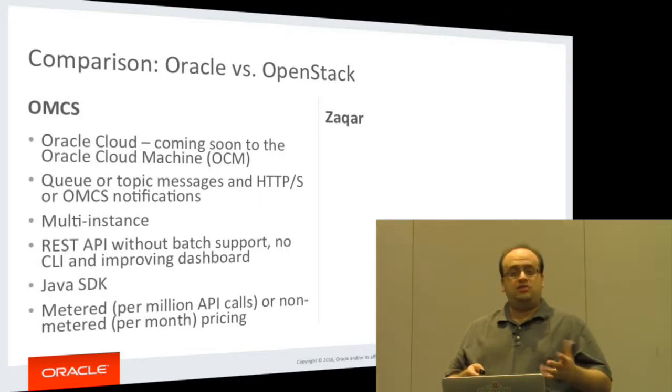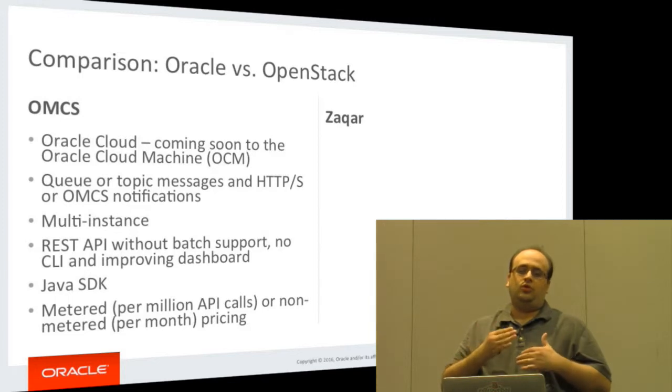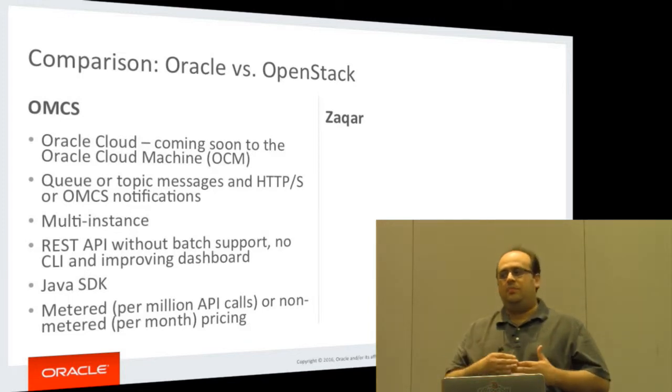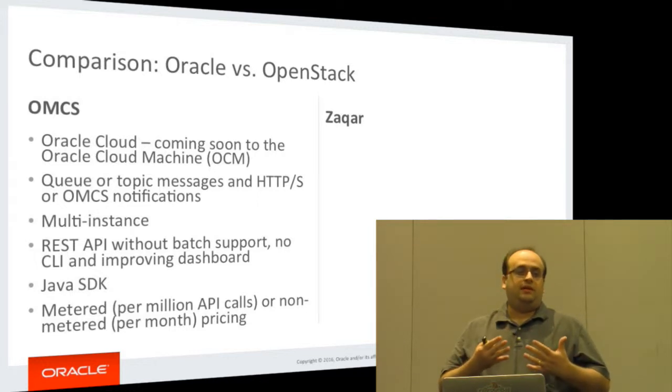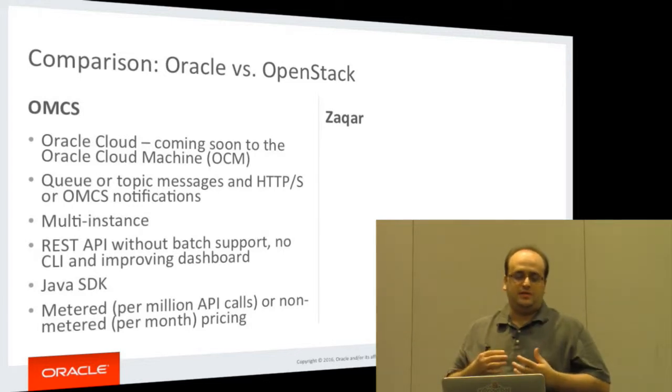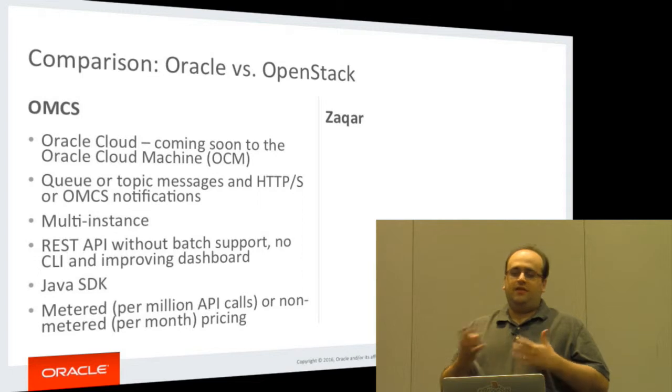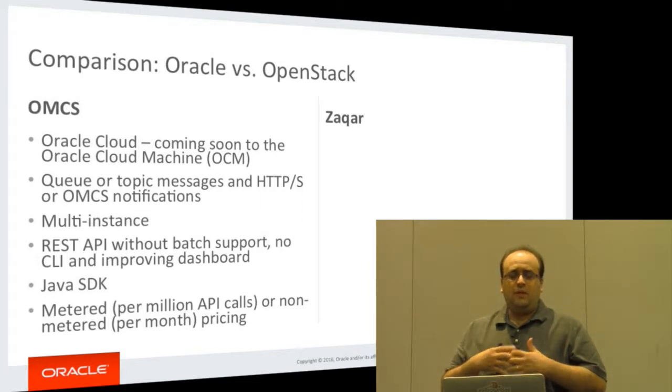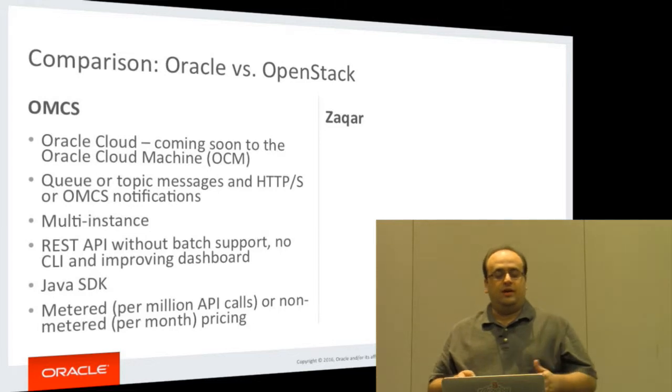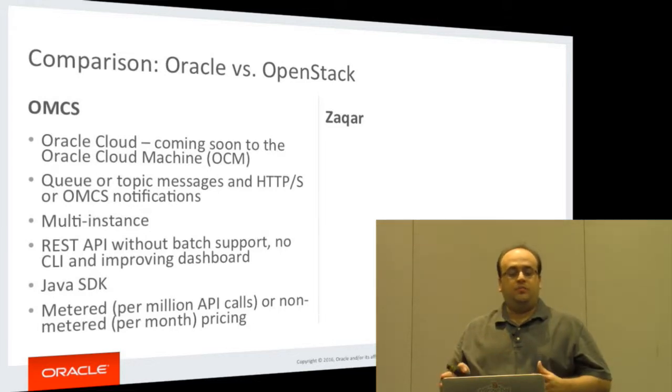It supports batch. That's important. Again, you want to save calls. You don't want to make too many calls to the server. So having an API that supports batch, it's very interesting, right? So if you can send multiple messages at once or receive multiple messages at once, you save performance, and you probably save pricing, right? You save on pricing too. It only has a Java SDK, and Oracle has both a metered and a no-metered pricing.